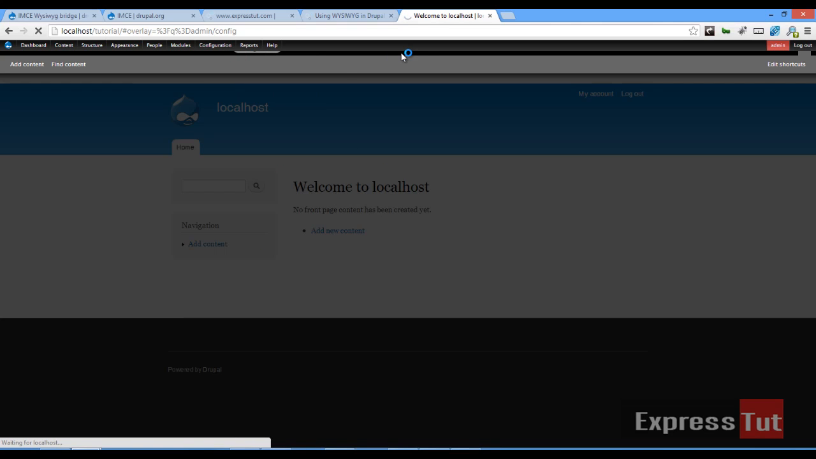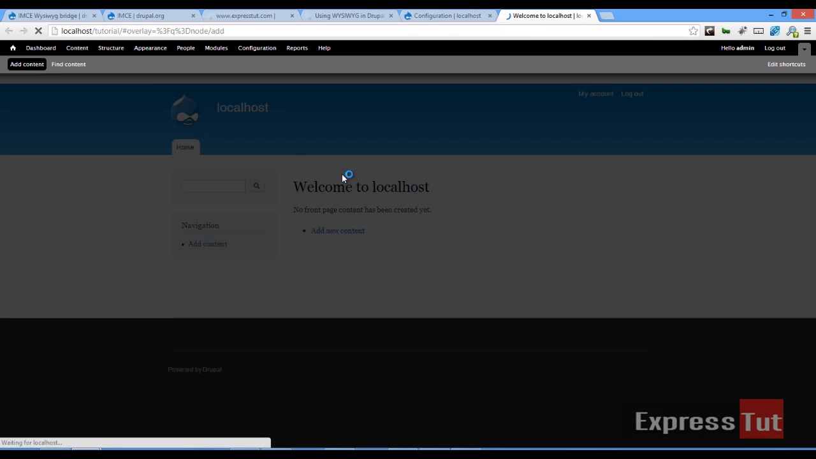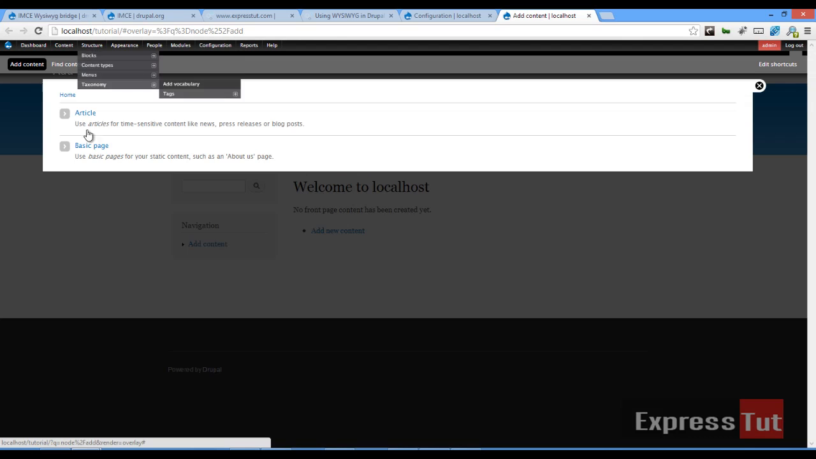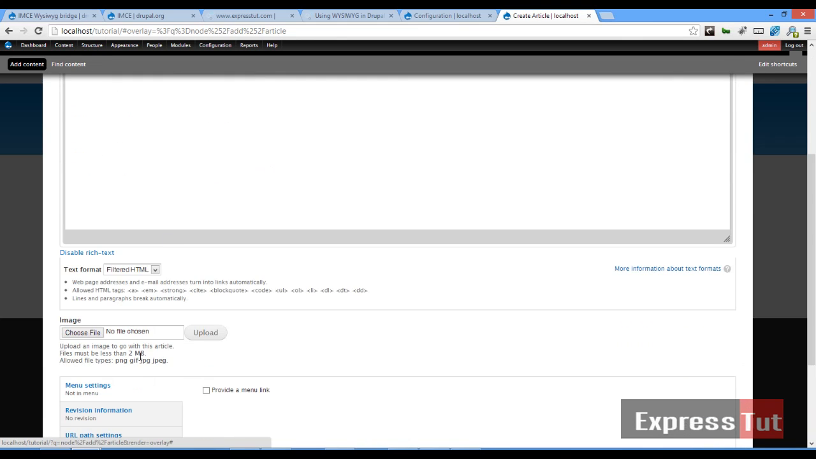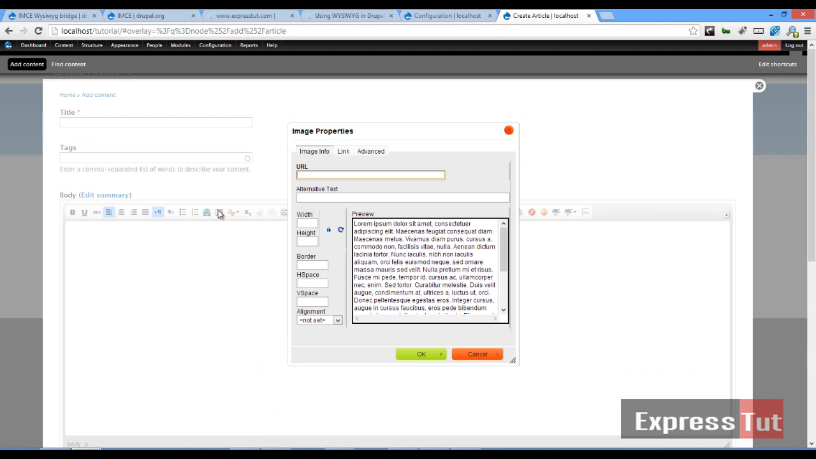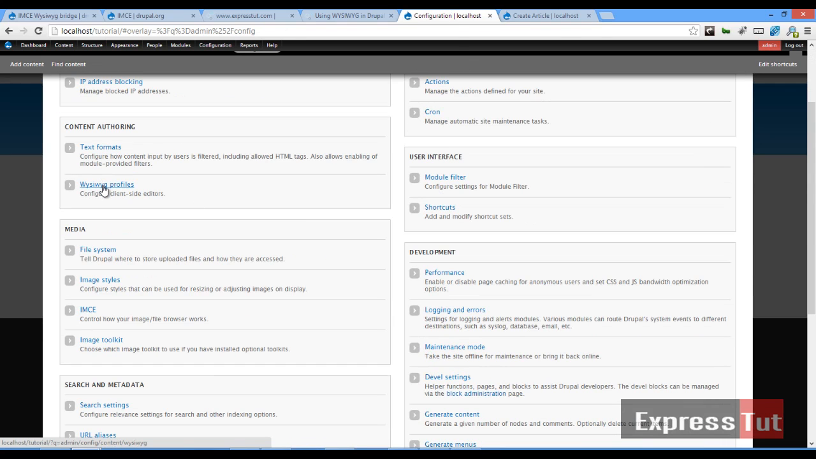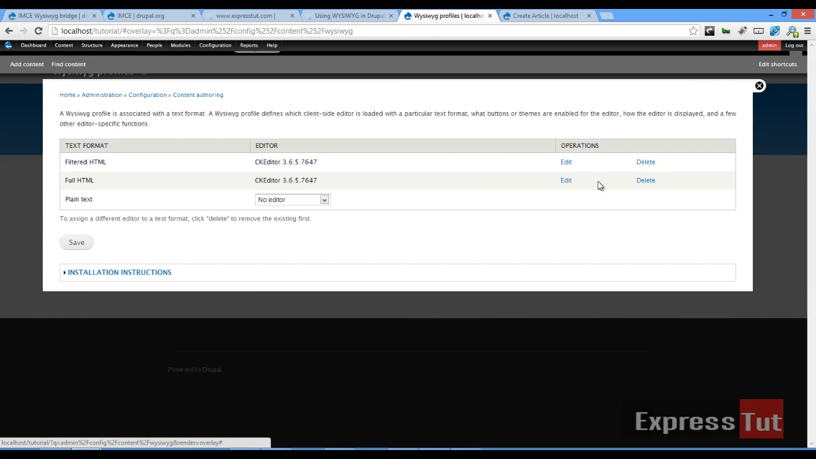because before I do that, let's do add content again. If I click on add content, and if I go to article and I try and use the full HTML and I try and do this, you find out that the button is not yet showing, so we need to configure that first. So if I go to configuration and I go to WYSIWYG profiles, whatever editor you're using should be there. I click on edit, and